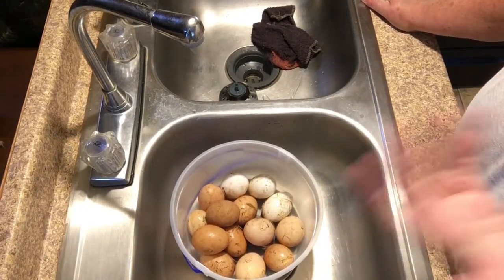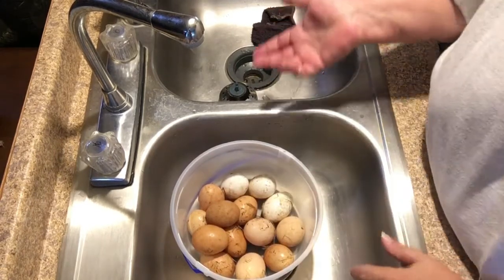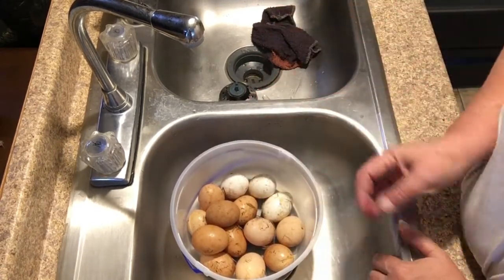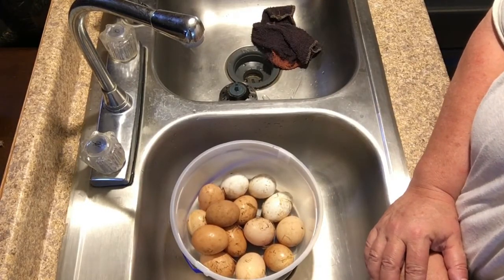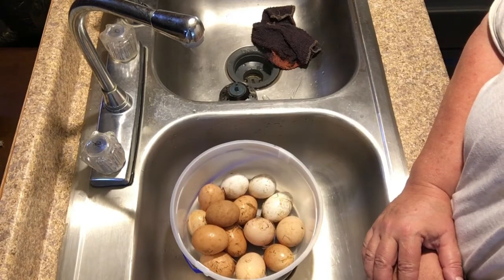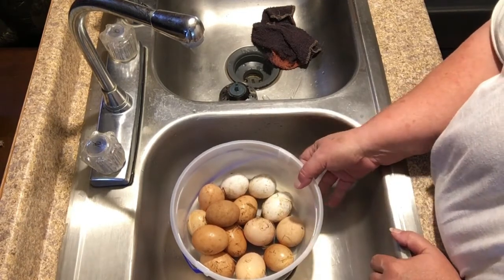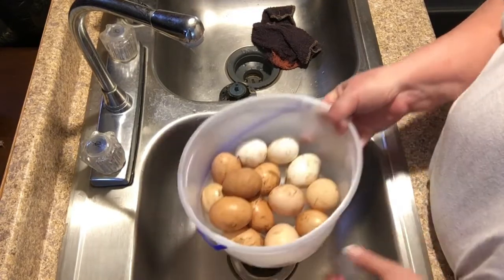I only get fresh eggs from my girls. But I leave them sitting on my counter until I'm ready to use them, and I don't put them in the refrigerator. Usually when I get my eggs, they're clean. But